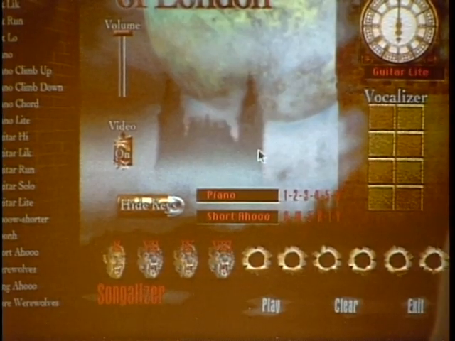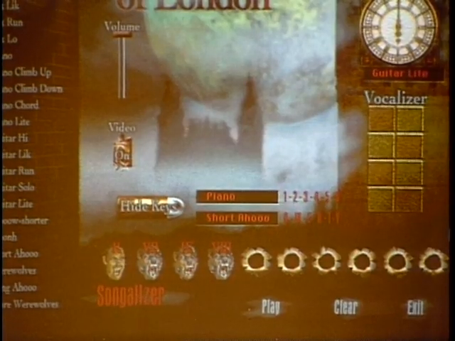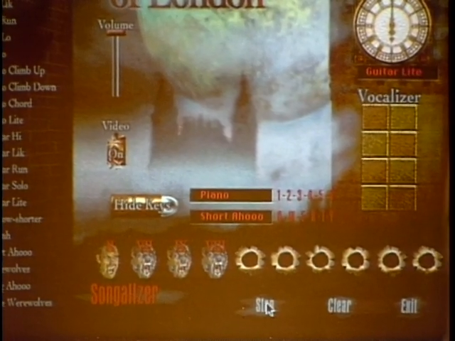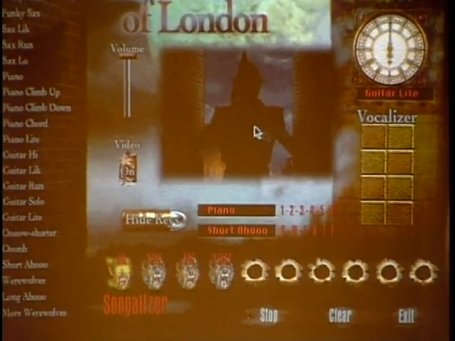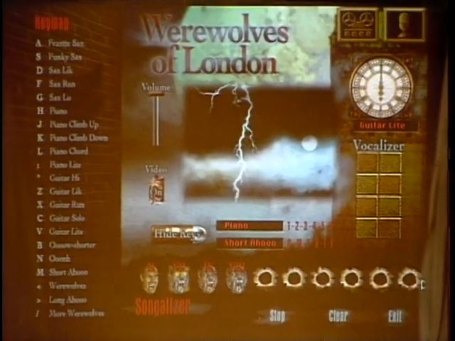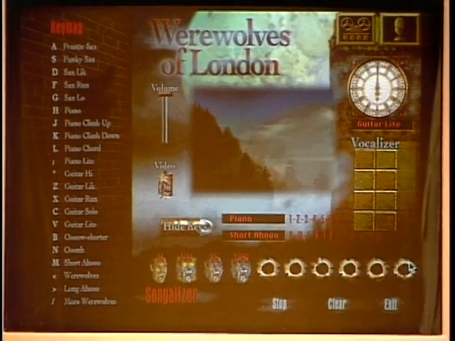Uh-huh. So now I've got my jam. Put it all together, baby. Here we go. I just hit play, and now the song starts playing in the sequence that I put in the Songalizer. There's a music video that starts playing. Each song has its own custom video. And as it's playing now, I can start hitting the keyboard,